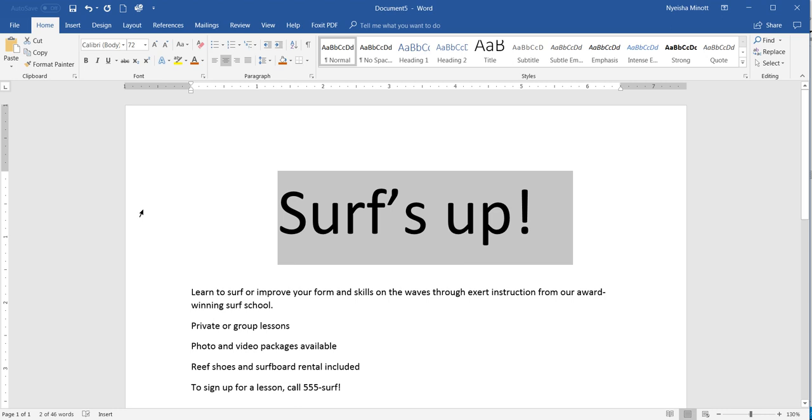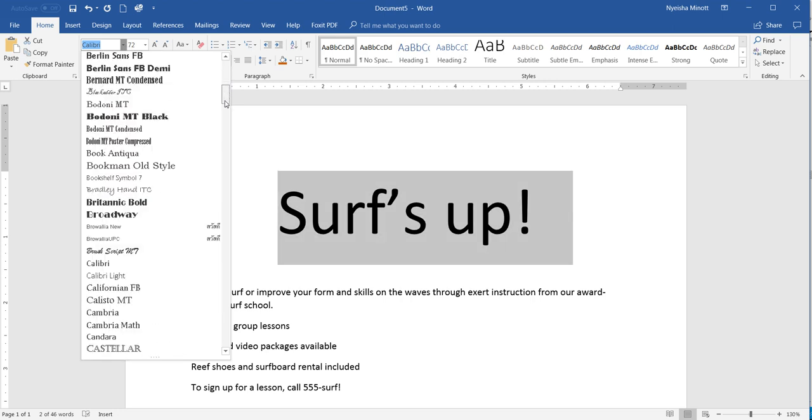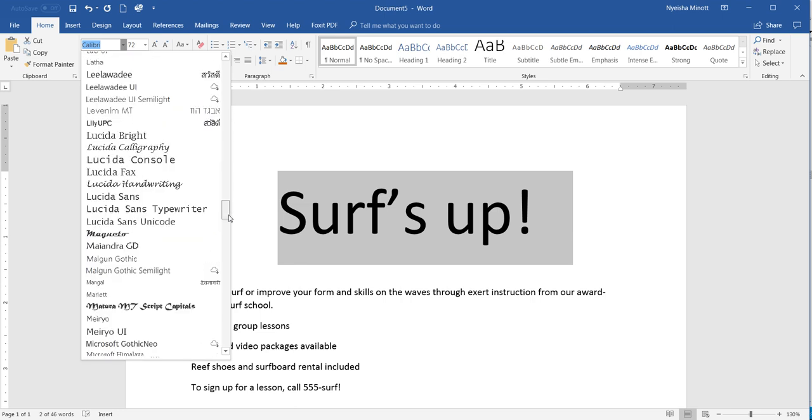Now let's look at font styles. Font style determines how the text looks, you know, the curviness of the words or how spaced they are. And the font type we're looking for is in your font list. We're looking for a font by the name of Rockwell Extra Bold. Now this list is in alphabetical order, so you could have dragged the scroll bar to find it all the way down to R,